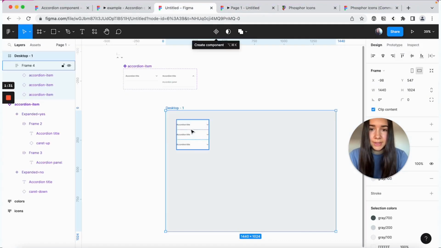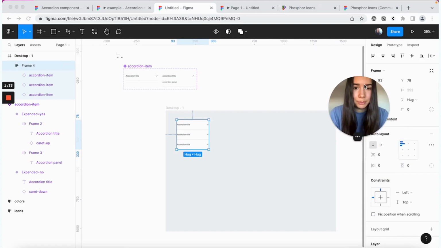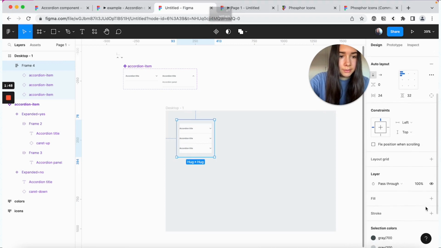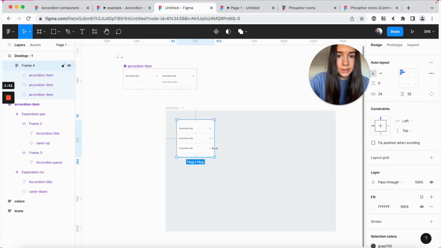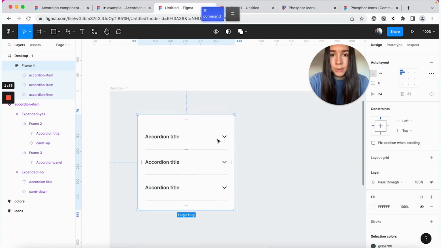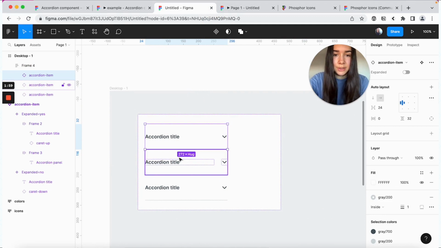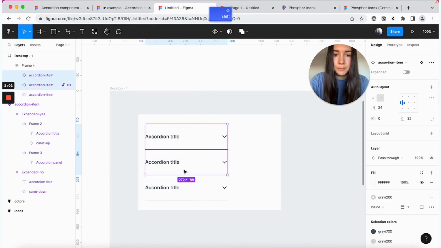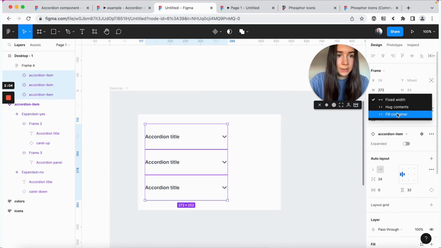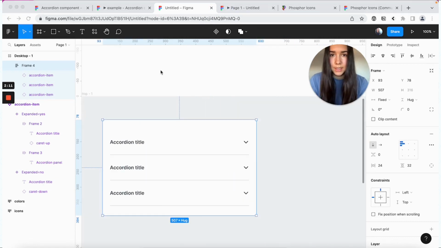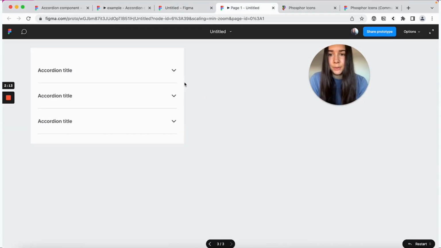I guess one more thing that I could do here is just predefine it. So I'm going to give it horizontal padding and maybe some vertical, and give the fill to the overall list here. And one more thing we want to make sure is that right now when I resize, the accordions don't resize together with the overall list frame. So I'm going to set them to fill the container, and now they resize. Let's quickly test to see if they work or not.